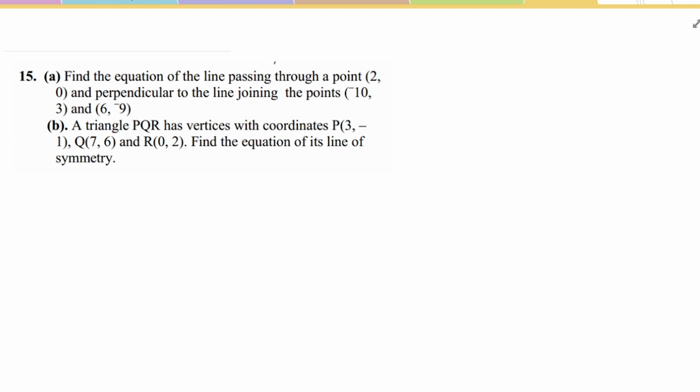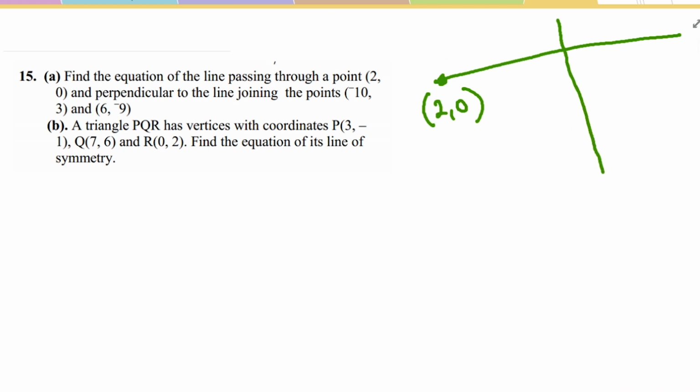Next, find the equation of the line passing through the point 2, 0. So we have a line here. We want its equation, but this line is passing through point 2, 0, and is perpendicular to a line. Perpendicular means that they are meeting at 90 degrees. Let me try and use a different color there. And it is perpendicular to a line,